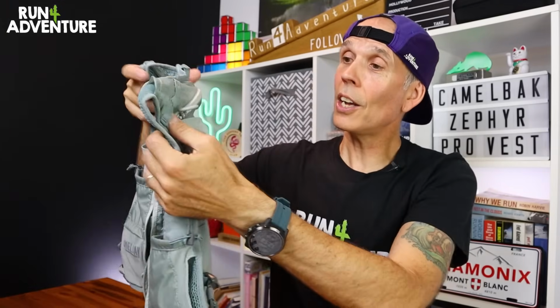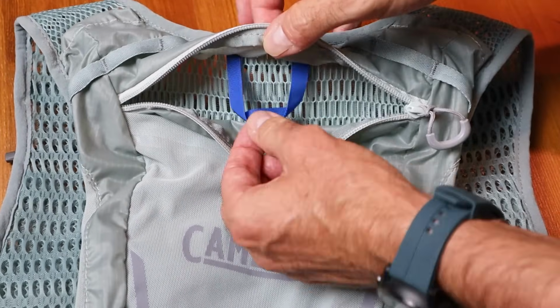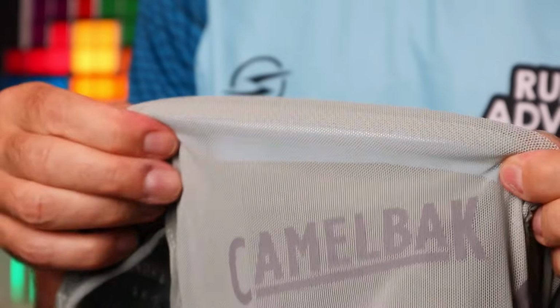Flipping the vest over, and you can see we've got the main zipped compartment there, and if I open it up, we've got the attachment for a bladder, and there is a bit of segregation in there as well, so you can keep your bladder separate from your mandatory kit. And then last but not least, we've got this stuff pocket on the top of that main compartment,